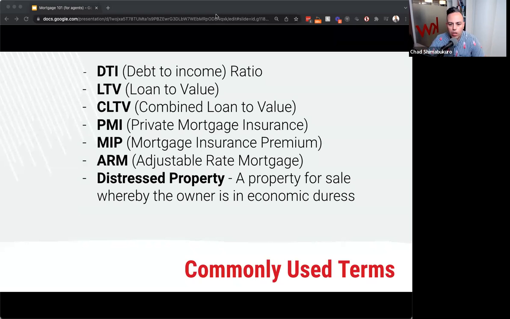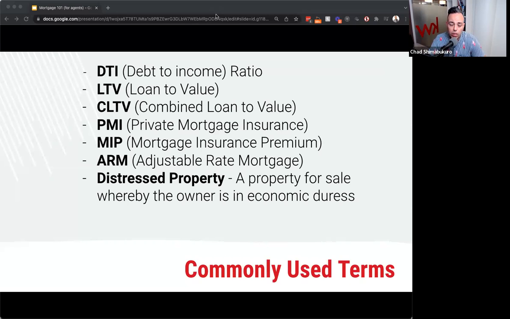So what an ARM is, and I think these kinds of loans will circle back and make their way around, so it's always good for you guys to know what it is. An adjustable rate mortgage could be fixed for anywhere from 1 year to 3 years to 5 years, 7 years, and it becomes adjustable thereafter. I'll give you an example. Let's say they're military, they're here for 3 years, and they say, I'll get a 3-year term because I'm not going to be here longer than that.